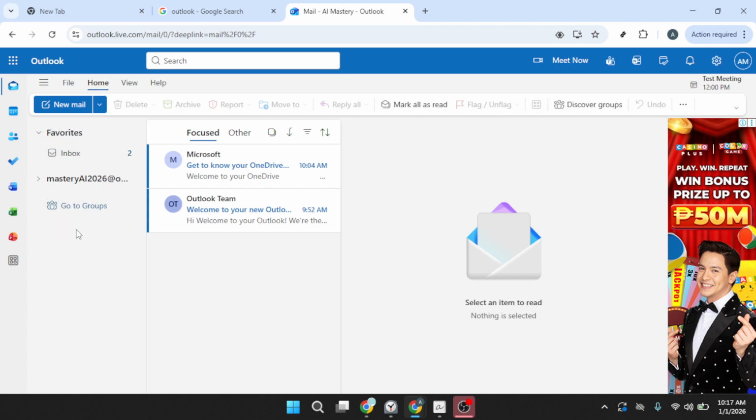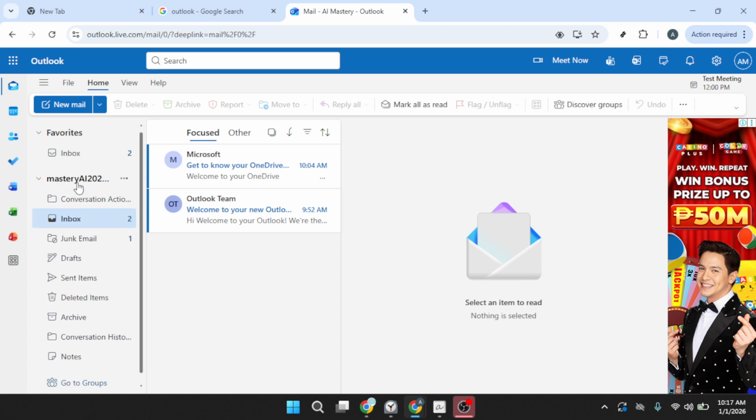If you don't see the Sent Items folder listed under Favorites or in the main list, don't worry. This just means it may be tucked away under your account's full folder tree. In the left sidebar, click on your email account name. This expands the complete set of folders for that account. Outlook often collapses these to keep the sidebar tidy, so expanding the account is the quickest way to reveal everything